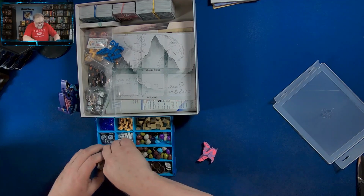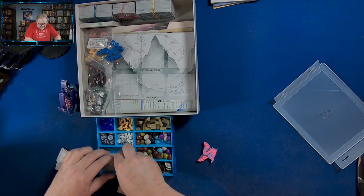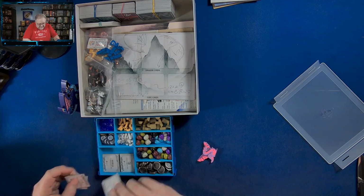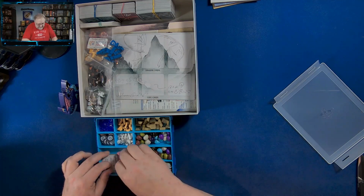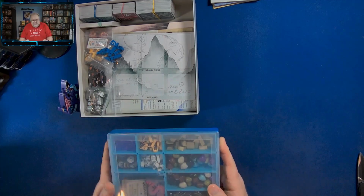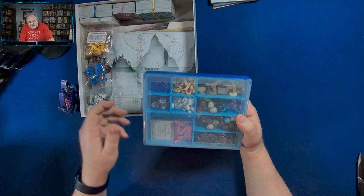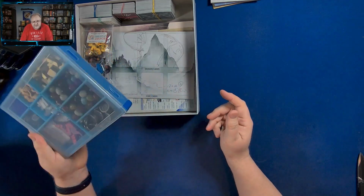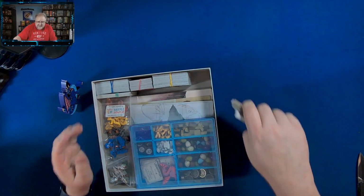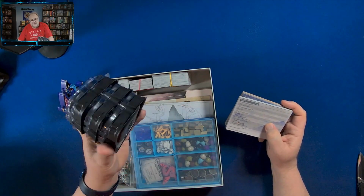I like it. I am very happy with these. Now, are these going to work for every single game? No, I mean, nothing's perfect, but personally, I think this is a really cool solution. Everything except my player things is in here, and everything else is in this one box. It makes teardown so much easier instead of having a bunch of these. Again, these things are great, but